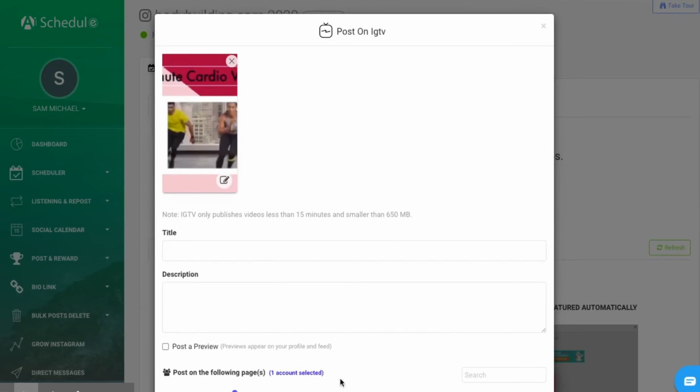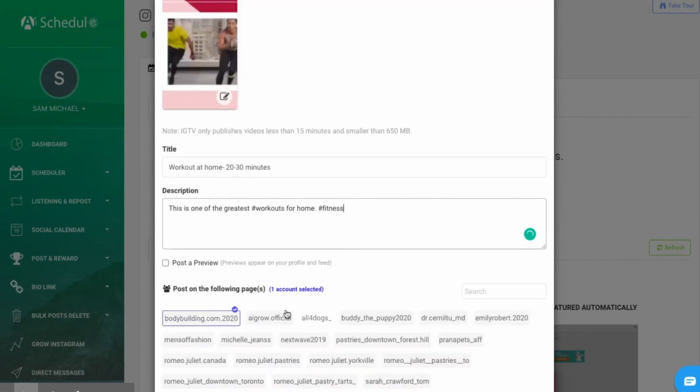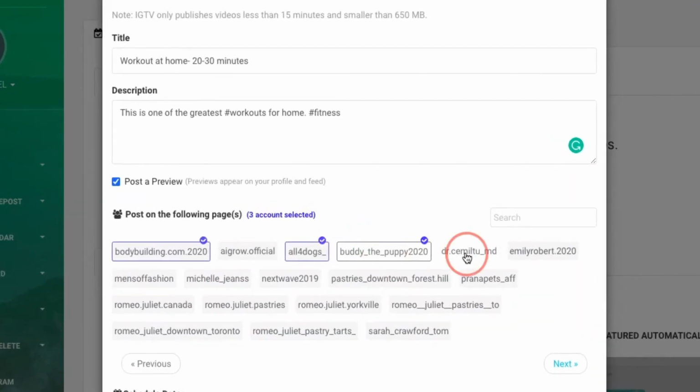Then give it a title and description and add hashtags. You can post previews of your IGTV posts on your feed as well by simply checking off the box that says Post a Preview. On this platform, you can schedule the same content across all of your Instagram accounts at